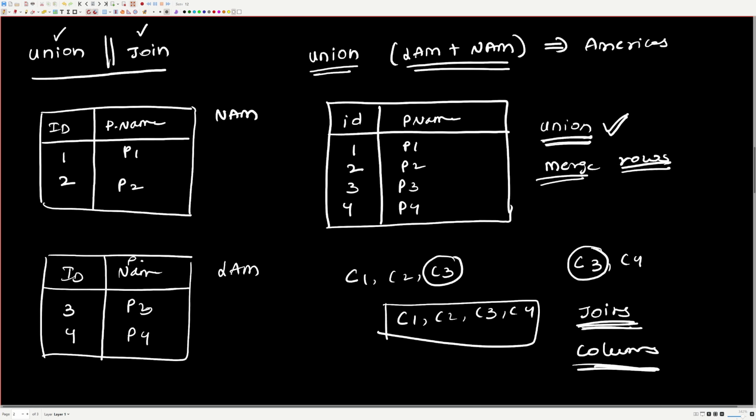This you have to remember. Definitely you can expect one question on union and join. If they ask what is the difference between union and join, you will say union is used to merge the rows, join is used to combine the columns. So in this video we have covered what are joins, why we need them, and the difference between joins and union. From the next video, it will be very important: the different types of joins, how they work, what the codes are, all of that we'll be seeing.